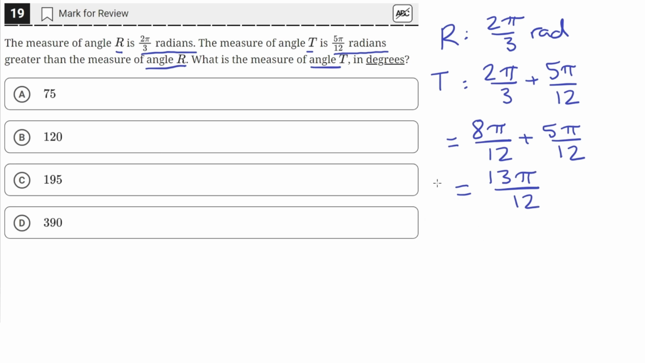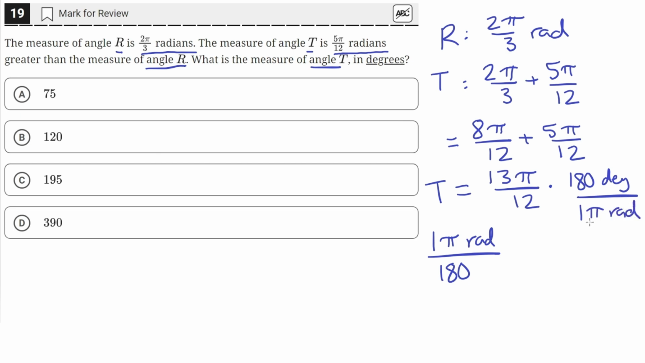Okay, so that's the measure of angle t. And then we need to find the measure of angle t in degrees. Well, we know that 1 pi radian is equal to 180 degrees. So if we divide 13 pi by 12 radians by 180 degrees, or multiply it by 180 degrees per 1 pi radian, we'll cancel out the pi radians,